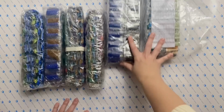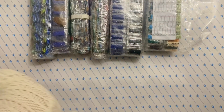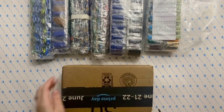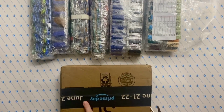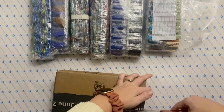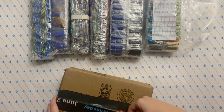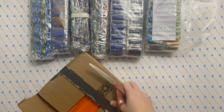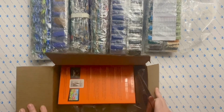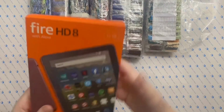I just want to open up the last thing that I picked up that kind of felt like the last necessary component for this project. And if you could tell, look at the tape from Prime Day, June 21st and 22nd. This has literally been sitting in the box since June of 2021. So after much research and asking around on Prime Day, very, very inexpensively, I was able to pick up a